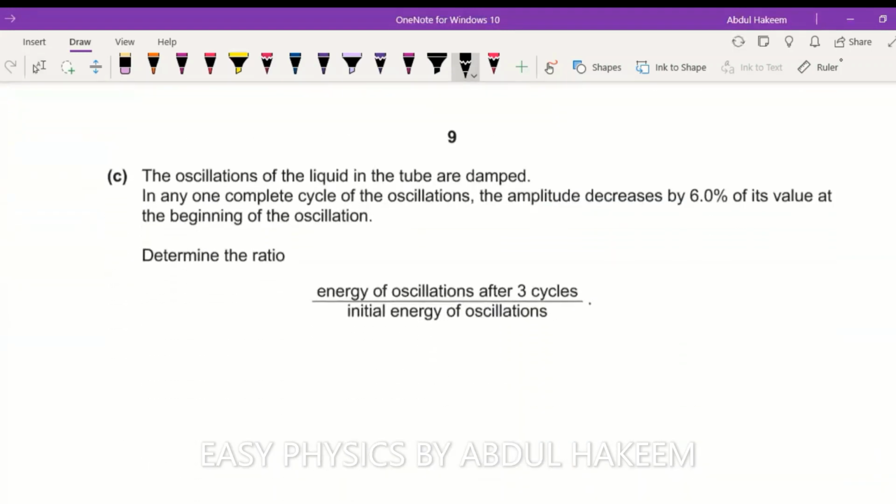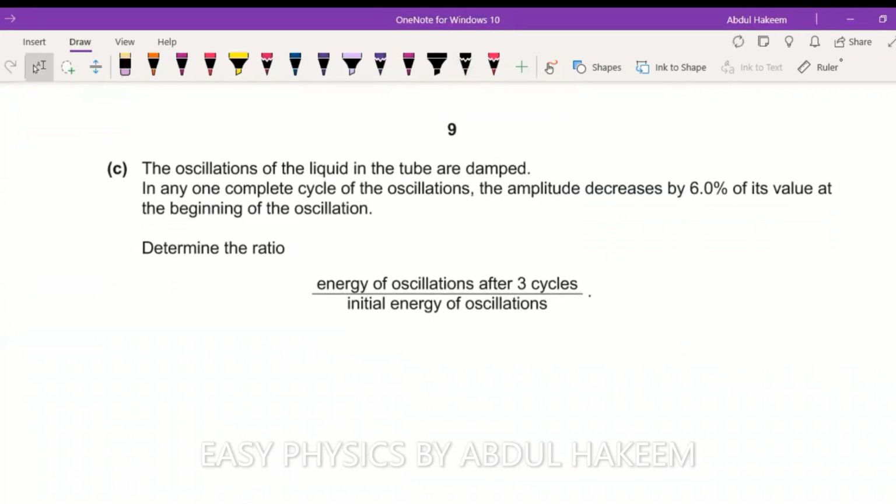it is 0.85. Next, the oscillations of the liquid in the tube are damped. In any one complete cycle, the amplitude decreases by 6% of its value. So this is the decrease for one oscillation, for one cycle. Find the energy of the oscillation after 3 cycles. So look, initial amplitude is A0. After 1 cycle, it will be 94% because 6% is lost. So 94% of A0. And after the second oscillation, it will be